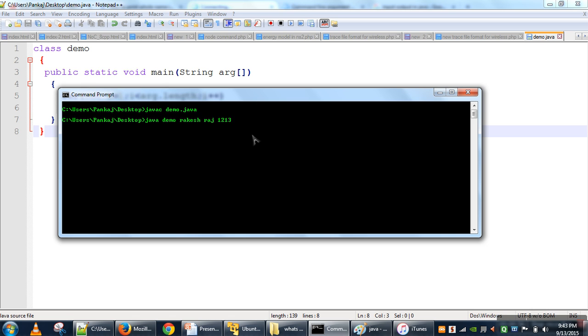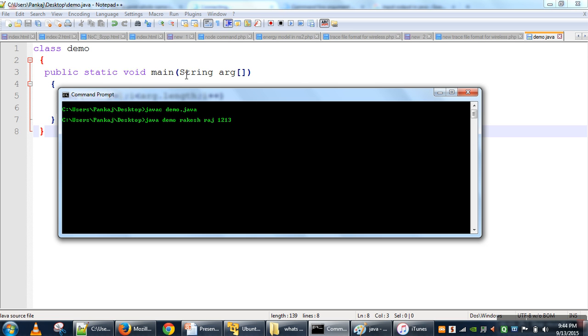If I'm feeding some information at the time of execution, and this information has to be used in the program, how can a programmer access it in the program? We specify the arguments in the command prompt, in the command line. That's why this is known as a command line argument. The objective of these arguments is that at execution time we can give information to our program.